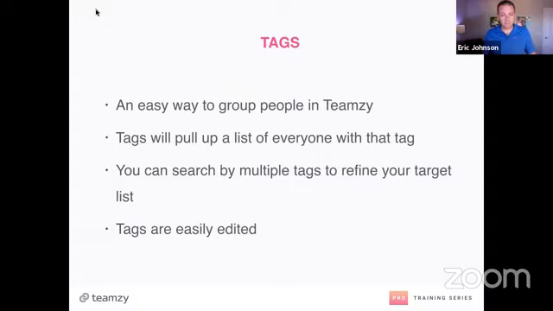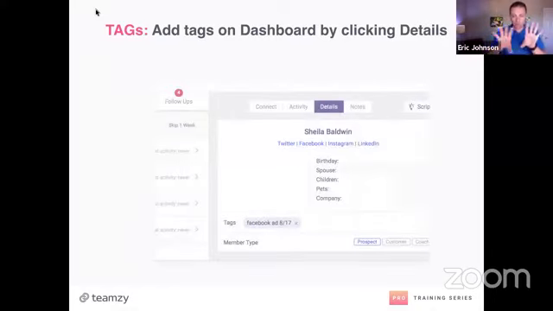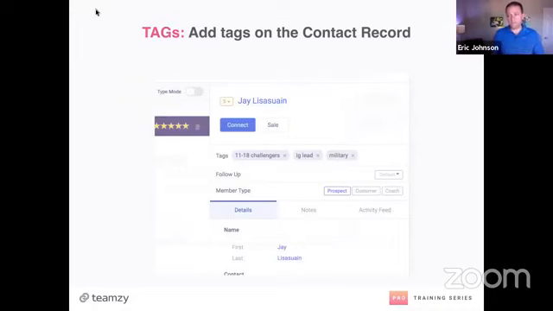All right. Let me just show you really quick how to add tags. First, you can add tags on your dashboard by clicking on the details. When you're on the dashboard and you look over to the right, there's the information, usually the connect is highlighted. You just click on details and you can put tags in right there. You can see I added a tag right there. You can also add tags on their contact record. This is when you're on the team page, when you've looked somebody up in the lookup bar. Right underneath their name, you can see there's a tags bar and you just put your tags in. Easy peasy, right?